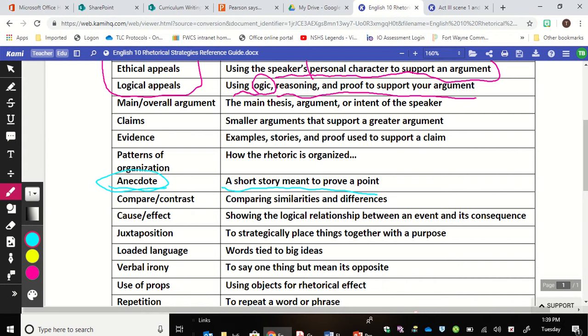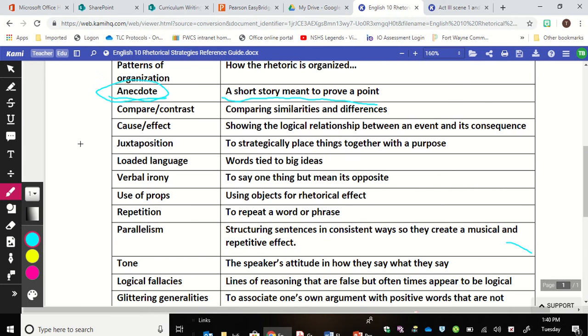Some are more credible than others. I seriously doubt that Cassius and Caesar, the leader of the free world, had a swimming contest in the Tiber River. But anecdotes will recur, particularly in Mark Antony's speech we're going to evaluate. Another form of rhetoric is to organize things using compare and contrast. We're going to show this in Brutus' speech here shortly, but they also do the same thing in Mark Antony's speech. Then there's this particular verbal irony, and we're going to talk about tone as well.